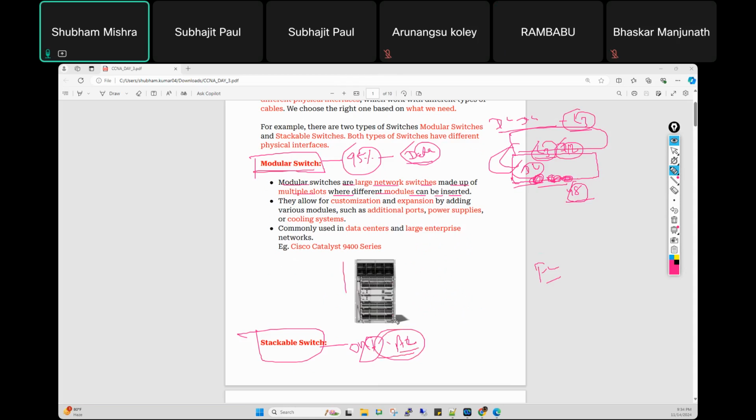Now, this is the image. This is just like an almirah. So this is the modular switch. Here, this is called a module. For example, if in your company all the ports are now full,